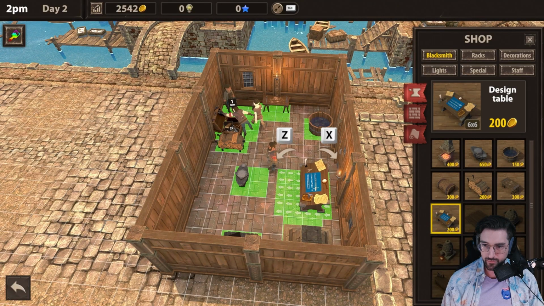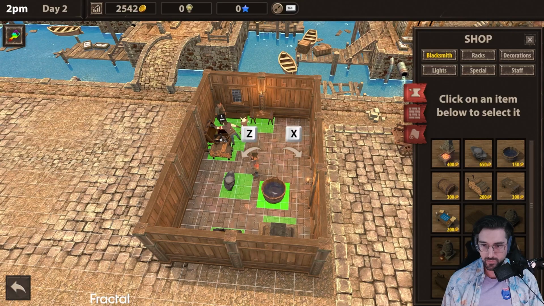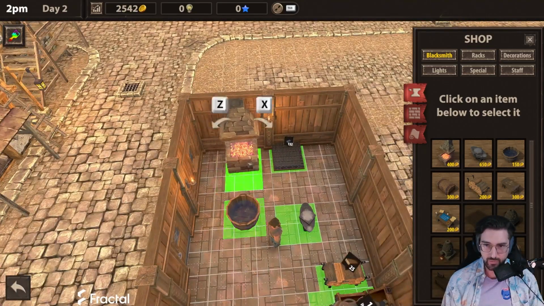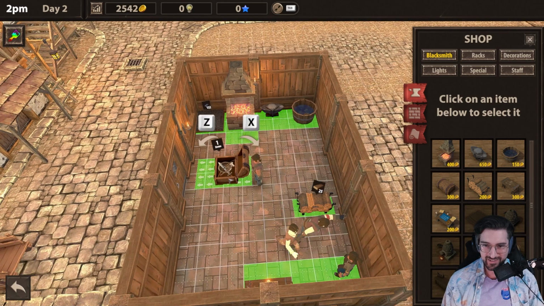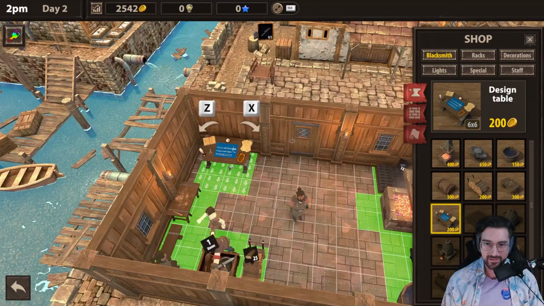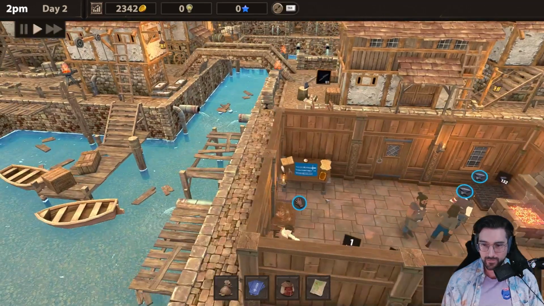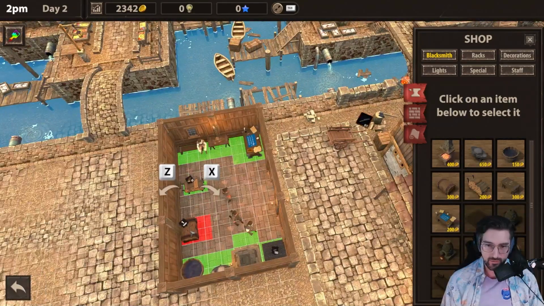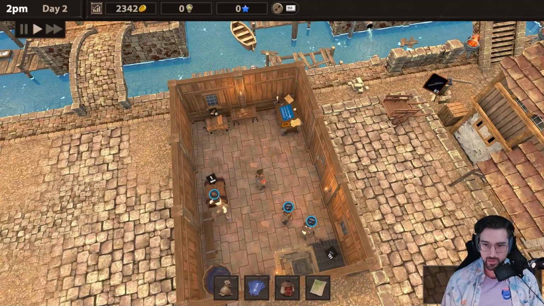So, a design table, you say? You know what would be really cool is actually if my shop wasn't like really terribly set up. For example, if I did that, and then also this, I guess putting that by the door makes the most sense. Can I move this? I can move this and this. There. Now, how do I assign